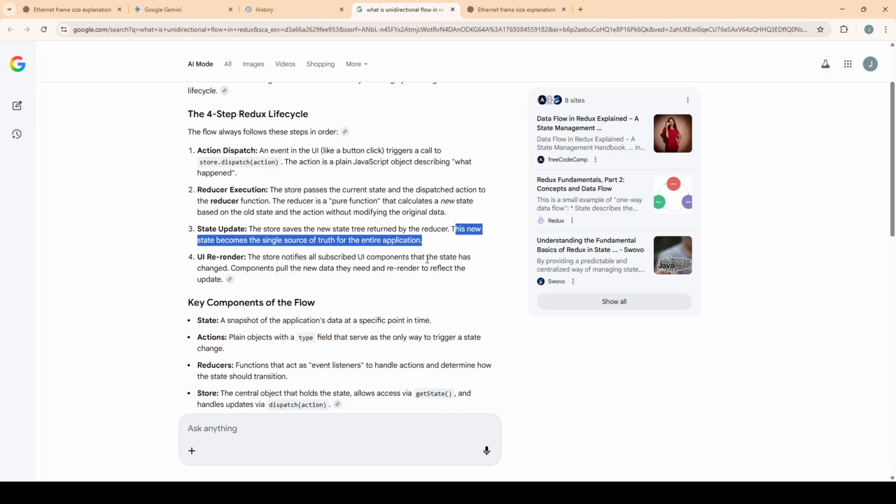So to refine this further, it will update the global state and then contact Supabase and then contact PostgreSQL to update the single source of truth. And